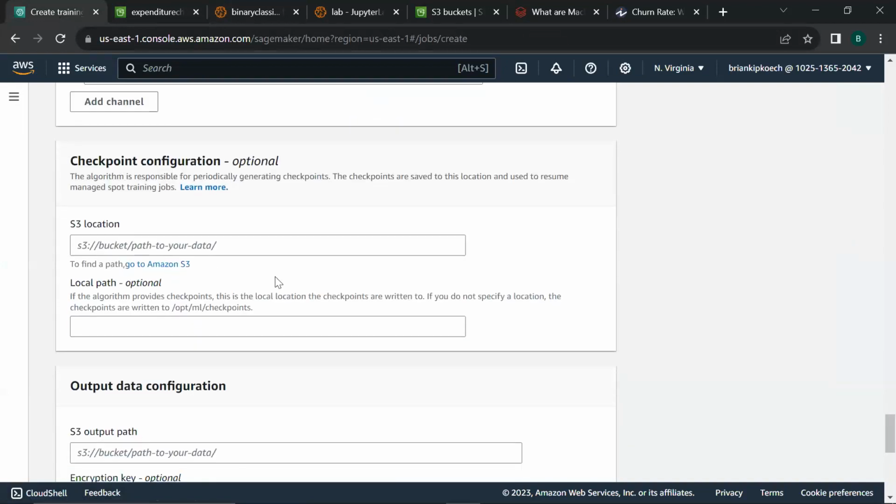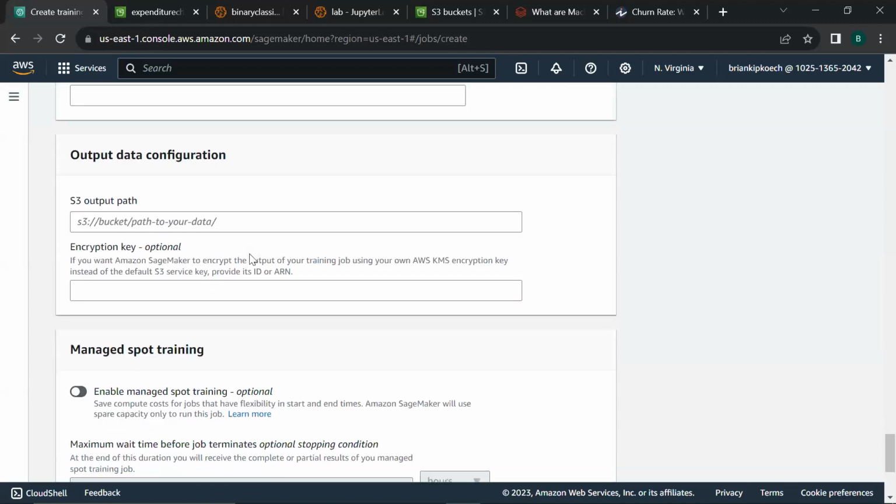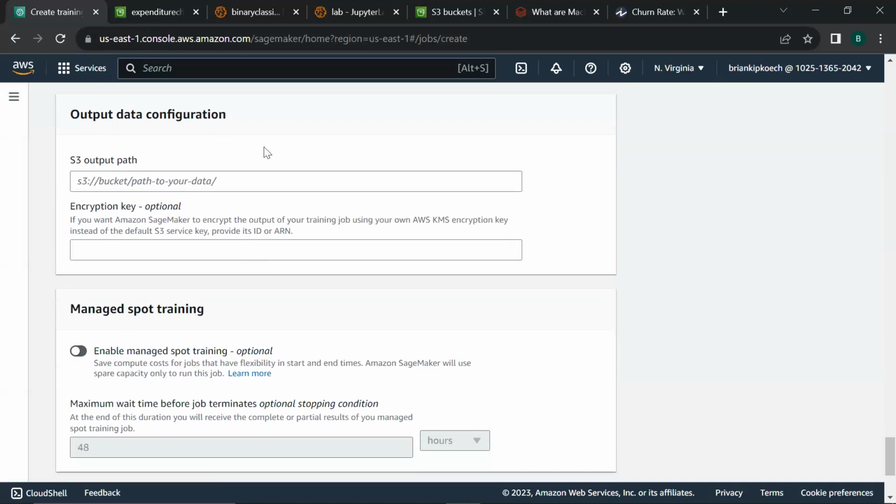That's it. We can add checkpoint configuration if we were training on a large data set and if we were really planning to take this to production, but I will not go through this. I will just go straight to this part, output data configuration. The hyperparameters that we have already trained and everything that is needed for our model to be deployed will be saved to this output path that we'll provide here.